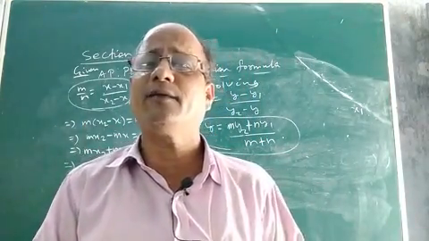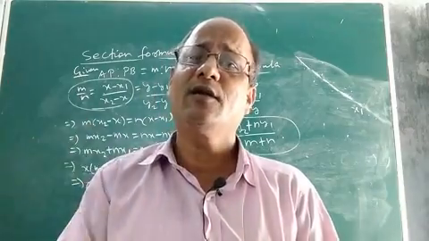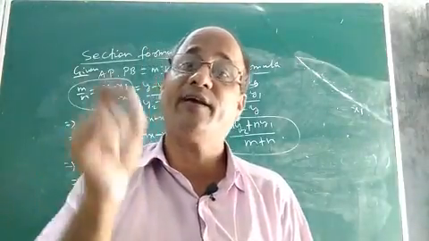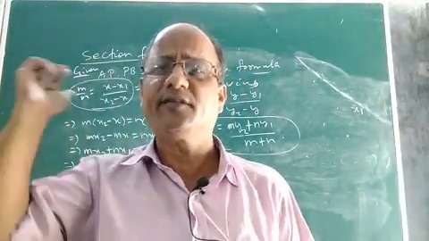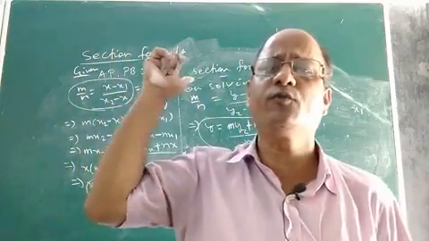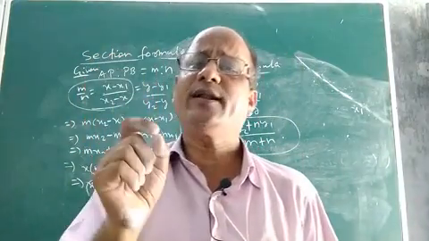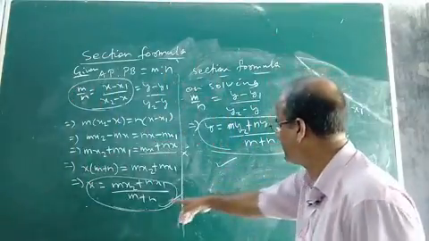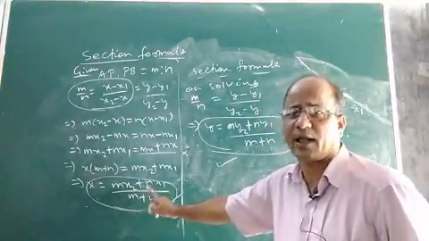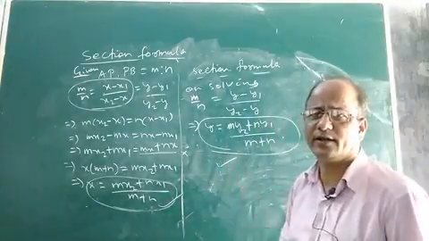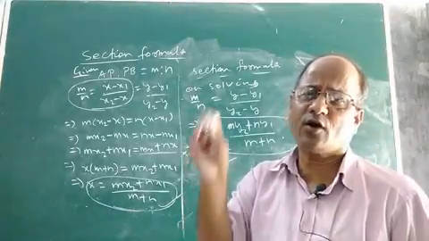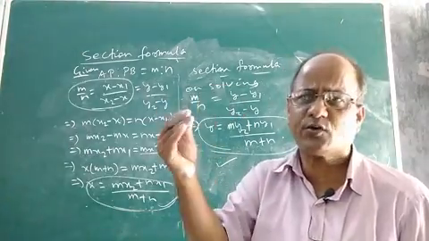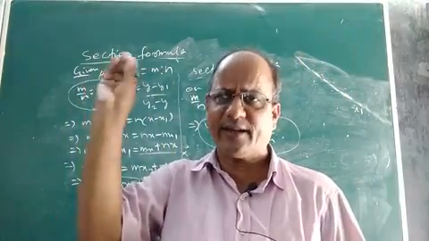So what does section formula give us, children? Section formula gives us how to find the coordinates of a point which divides a given line segment in a given ratio. Children, I hope you understood. This is the derivation or proof. How to prove that the coordinates of a point which divides a line segment in a given ratio, say m is to n, is given by this expression. This will be the x coordinate or abscissa of the point, and this will be the y coordinate or ordinate of the point which divides the line segment AB in the ratio, say m is to n. Instead of m is to n, you can take m1 is to m2. You can take any ratio, no problem.